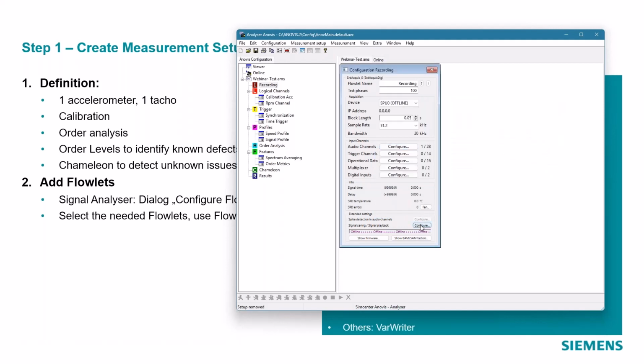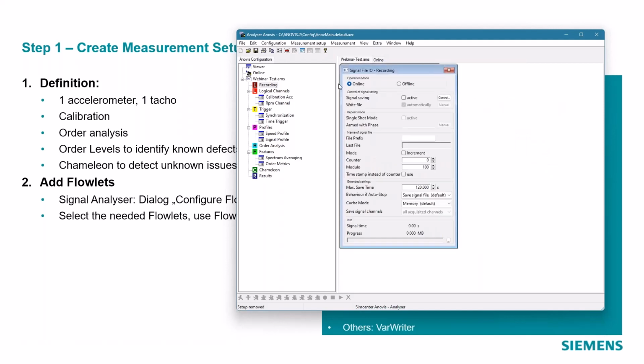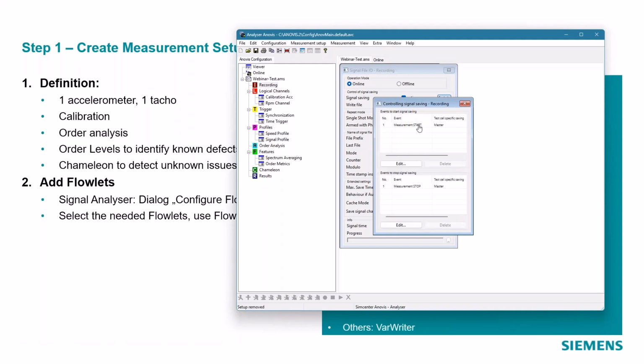And then I can also configure the playback and the saving of the data files. For example, here I can activate the signal saving. I can change the mode of how the files are named. For example, I can use the timestamp to make it easy. Then every file has a different name and I do not have to care about it. I can control when the file will be saved. If I have a very long measurement, sometimes we have very long measurement cycles of the complete item, I can control that I only keep the parts of the complete cycle that are of interest to me, to keep the size of the raw data files in a smaller range.